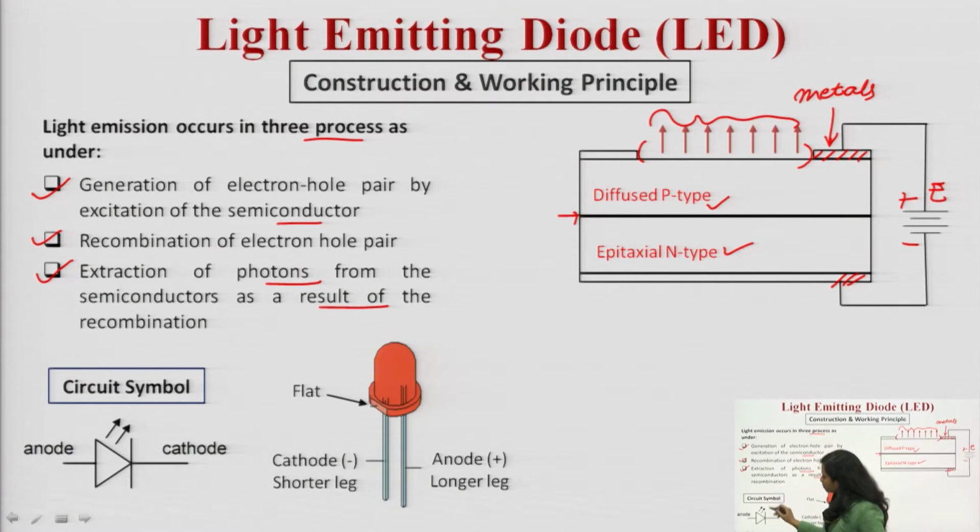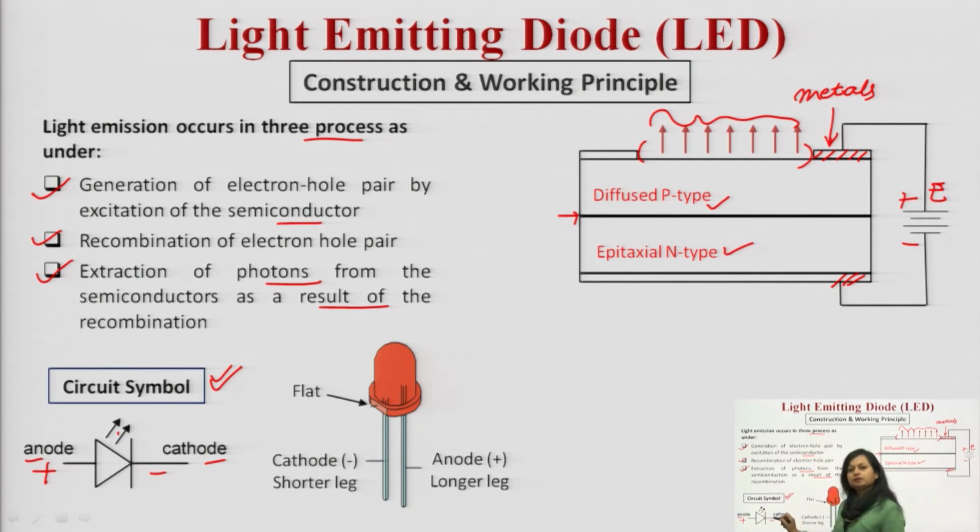If you see this particular component, this is the circuit symbol for the LED. As you know, LED is a light emitting diode. There are two terminals, two electrodes, one is anode and the second is cathode. This is a special purpose diode, as you have studied from the structure of the PN junction diode. If you remove this arrow, you can observe this is a PN junction diode. This is the positive terminal. This bar denotes the negative terminal. You can remember it in this particular manner.